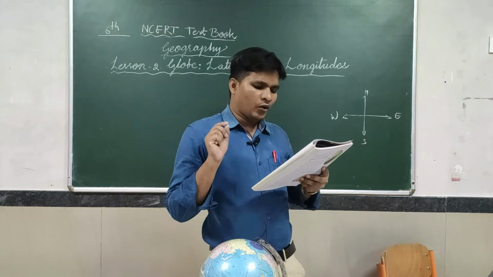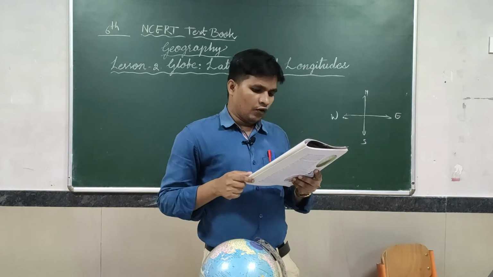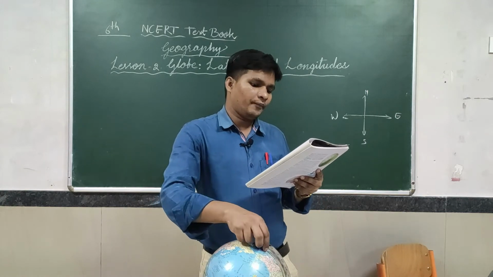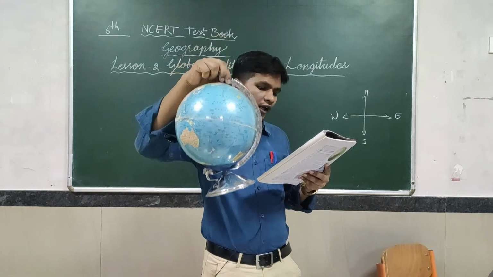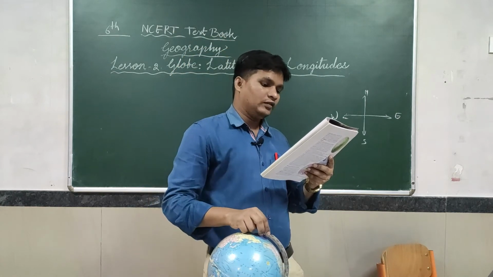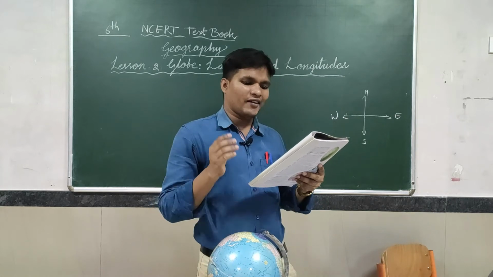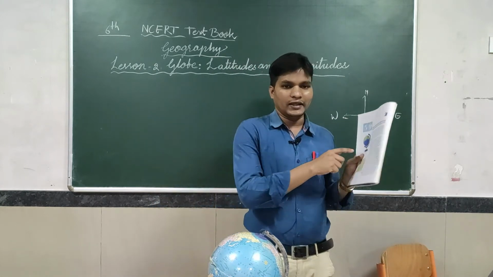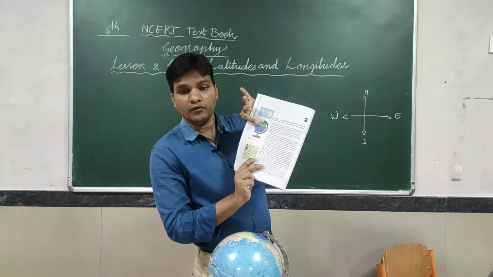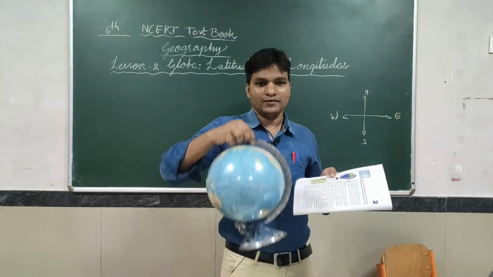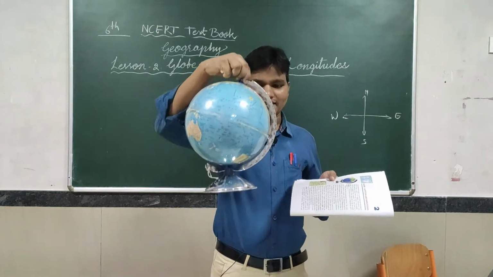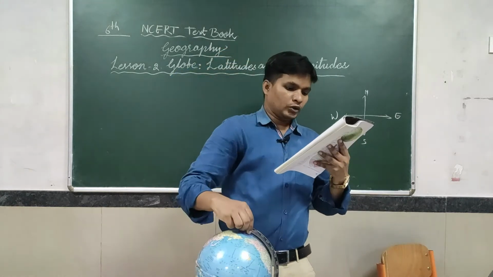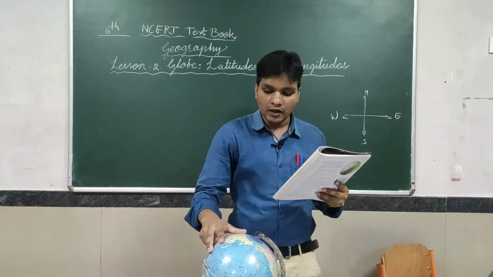Can you imagine how it looks? You may look at the globe carefully in your classroom to get an idea. A globe is a true miniature model of Earth. Figure 2.1 is given in the textbook, and I am also showing the real globe. So imagine, look at it. You can get the proper idea. This is the accurate model of our Earth.